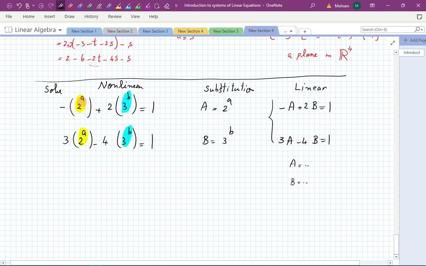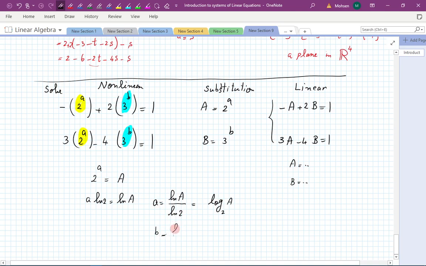Well, then how do I find my little a and my little b? Well, if I had 2 to the power of a equal to A, and I found out what A is, say 5, 10 or whatever it is, how do I find little a? Obviously I take a logarithm. The logarithm of A is equal to a times the logarithm of 2, so a becomes the logarithm of A over the logarithm of 2, which, if you remember from your pre-calculus by the change of base formula, is also the logarithm of A in base 2, and all of these will be equal to each other. So you find your A here, and then the logarithm of that number divided by the logarithm of 2 will be your answer for a,